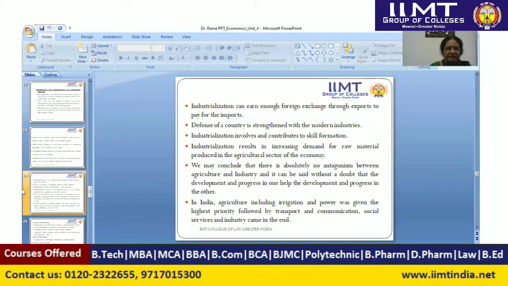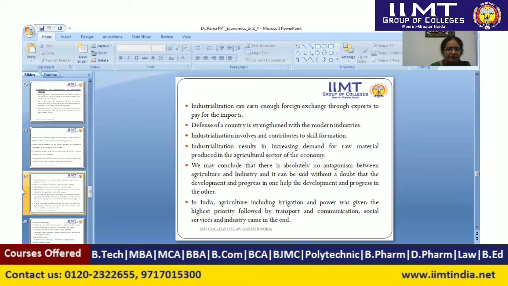Industrialization can earn enough foreign exchange through exports to pay for the imports. And defense of a country is strength with modern industries. Industrialization contributes to skill formation, and industrialization results in increasing demand for raw materials produced in the agriculture